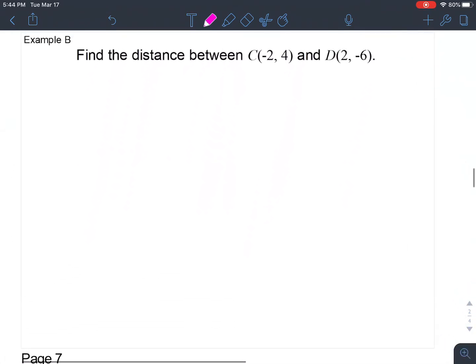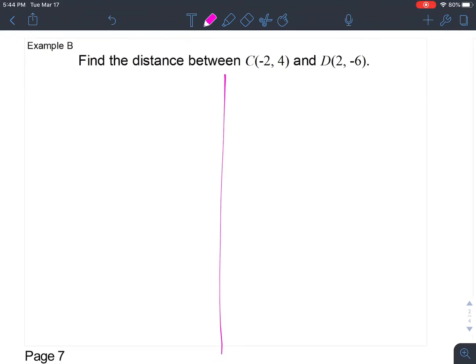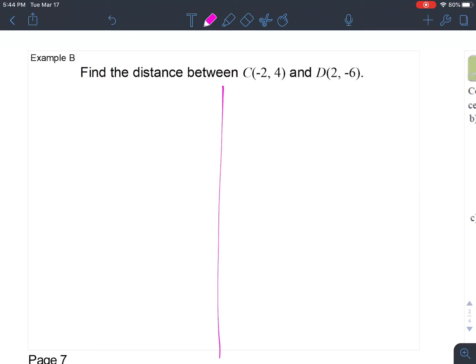So before you try it on your own, I'm going to demonstrate how we can get the distance between point C and D by using either the distance formula or the Pythagorean theorem. By the way, if you are asked to find the distance, sometimes you're going to be asked to find CD, and it's up to you to know that means you're supposed to find the distance. So for the first one, we're going to use the distance formula. So we're going to have d equals,